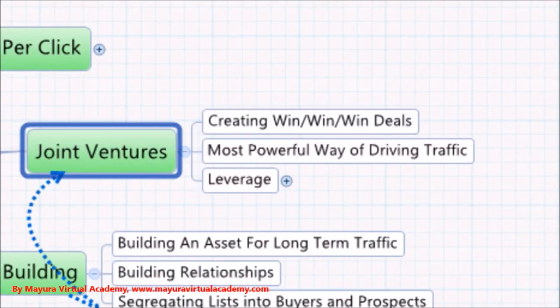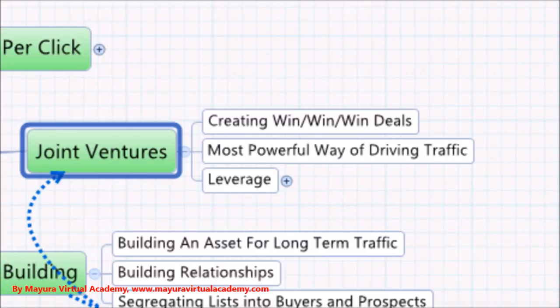Joint ventures are perhaps the very best method of controlling traffic, if you like, online. By doing joint ventures, first of all, you need a list or some sort of asset that you can trade off with the joint venture partner. So if you don't have a list, it can be your time. You could be the person who says, I'm going to create the product for you. I'm going to do all of the work, and all you have to do is either endorse it or send it to your list. And by doing that, it's no risk for them, because you've created something of great value for their list, and if it sells, they make money. If it doesn't, they don't lose anything. So that could be a way in which you could start with joint ventures. You don't necessarily have to have a list.